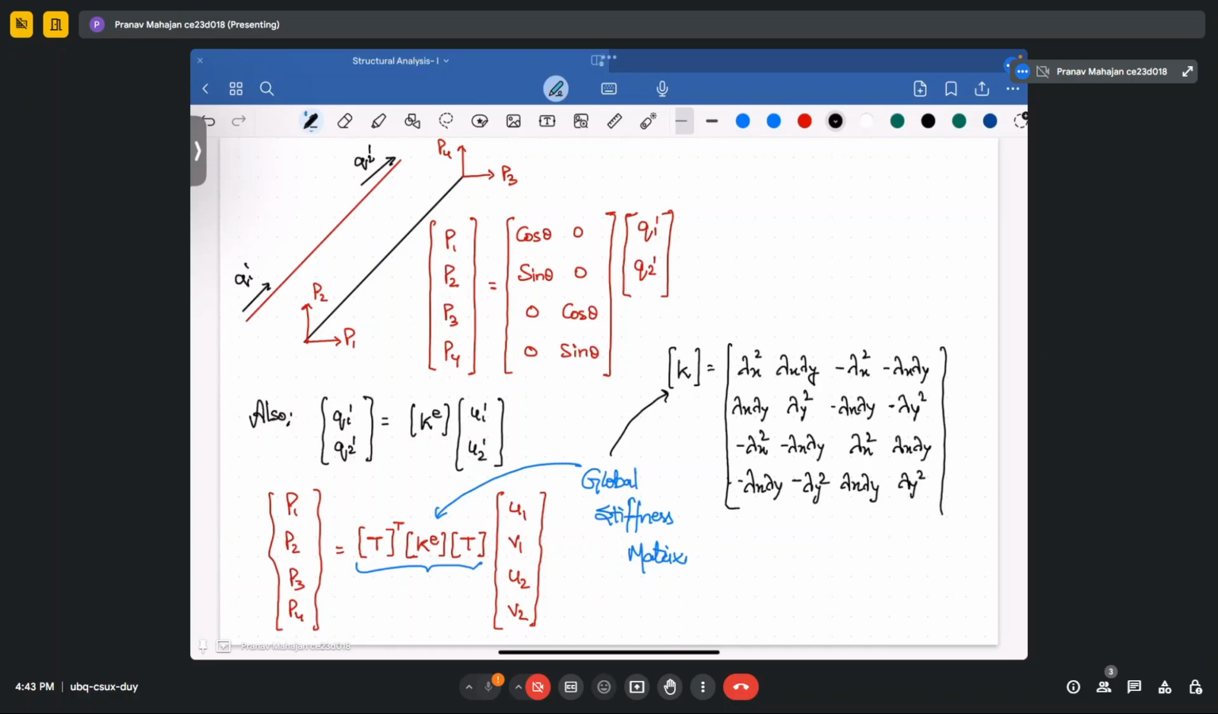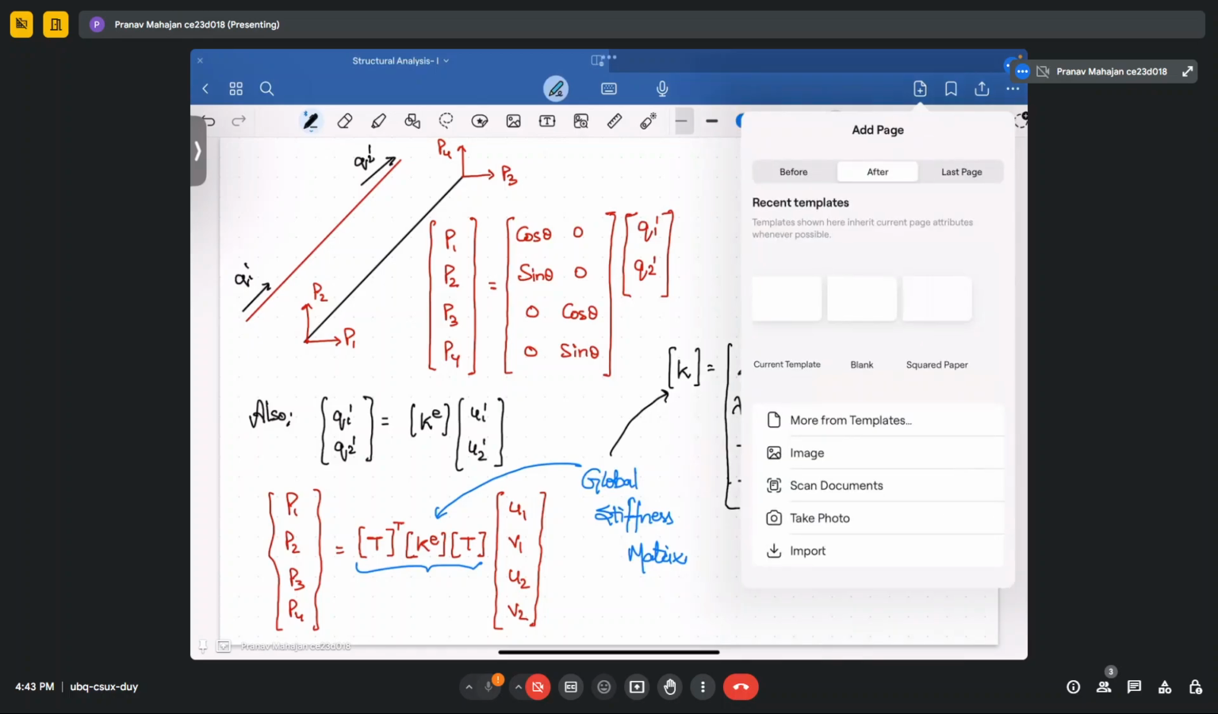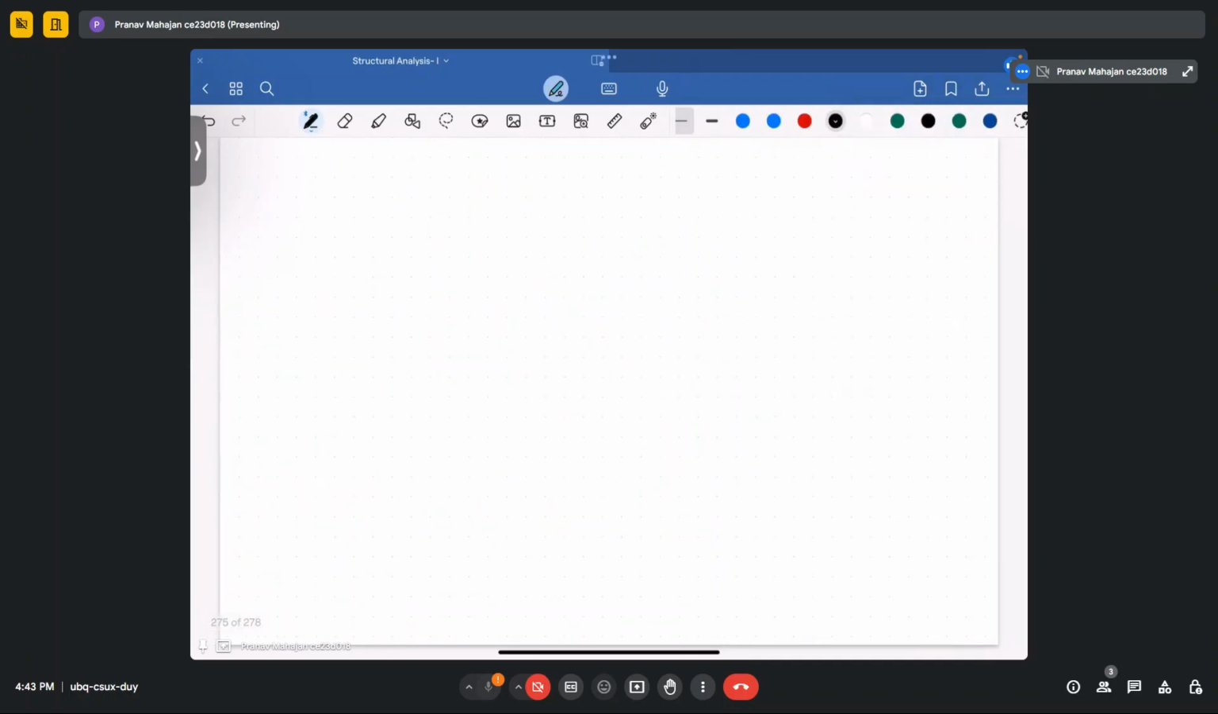So this is your global stiffness matrix. This is for the case when you have the axial deformation in the member. So what will happen in case of beam bending? In that case, we will see how we can solve the problems. So in case of beam bending,